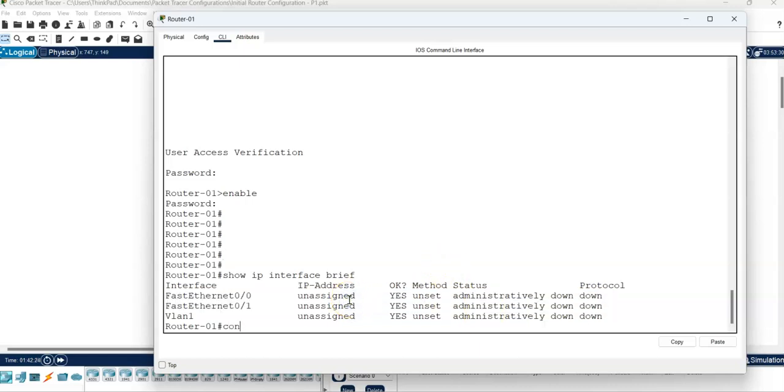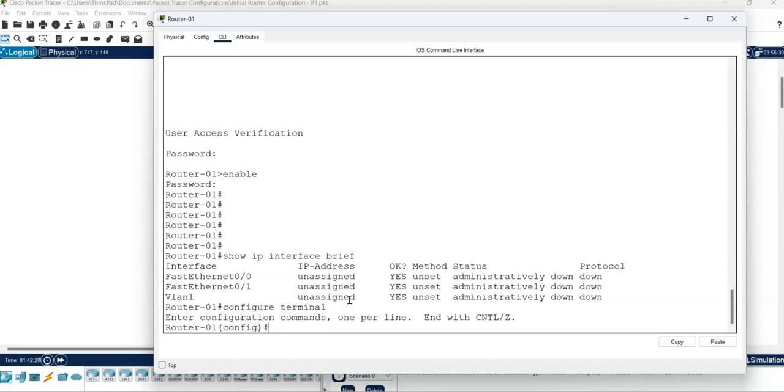To do that, we need to go to the configure terminal. That's the configuration terminal, and then the window changes from exec mode to, you see in the bracket it says config. Things will change here, so you need to watch that place, whatever command you run. And here we need to go to the interface we need to configure. So the first interface is FastEthernet